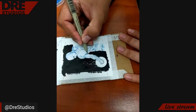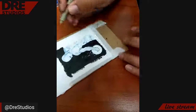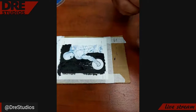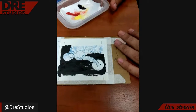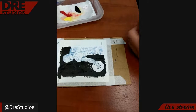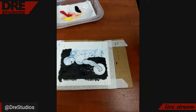So I'm hoping that with acrylic inks, it will allow me to have a little bit more control on the pigmentation of the paints, and give me better results. If I don't have to spend time mixing stuff, it'll probably let me do things a little faster. Yeah, I figured